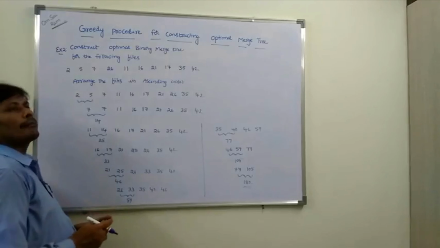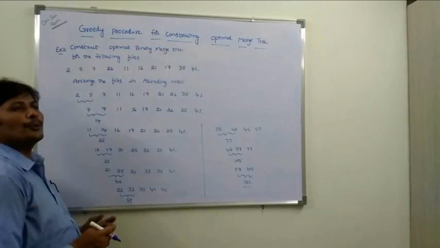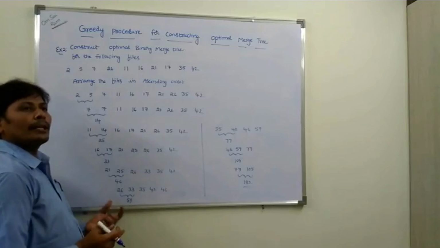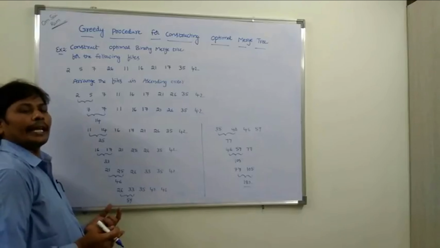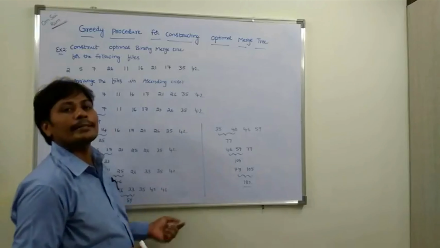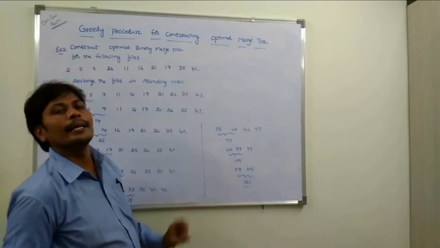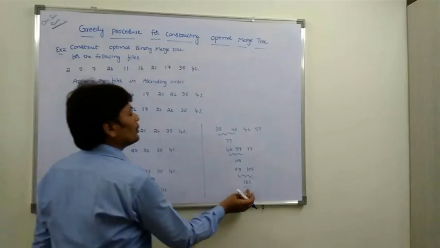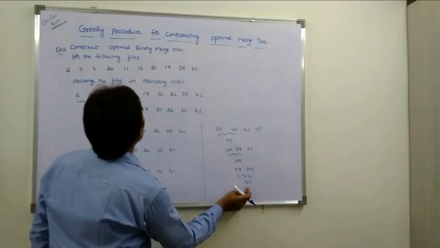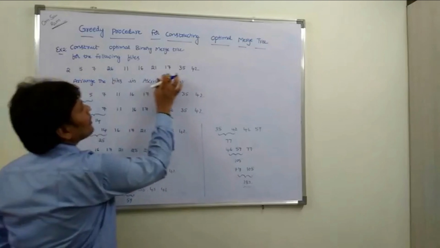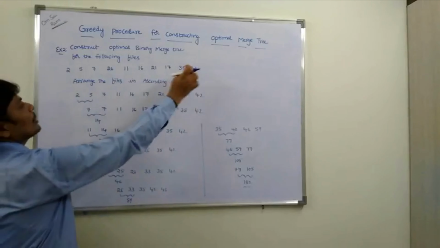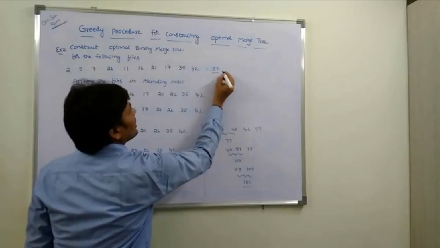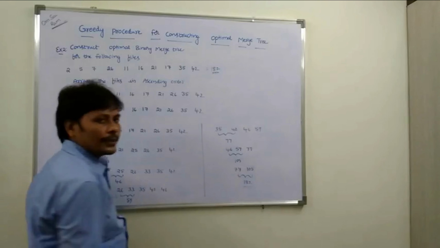In this way, we are always selecting the two smallest sized files and merging them. Whatever resultant merged file we get, it is inserted into the list at its correct position. This procedure is repeated until we get the final value. This final value is equal to the sum of all the records in the files. So that is equal to 182. So this value is equivalent to this value.